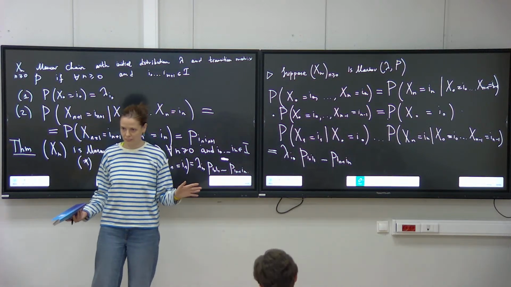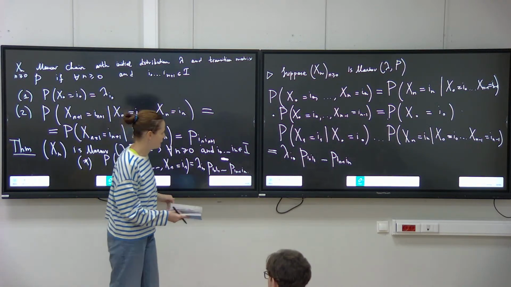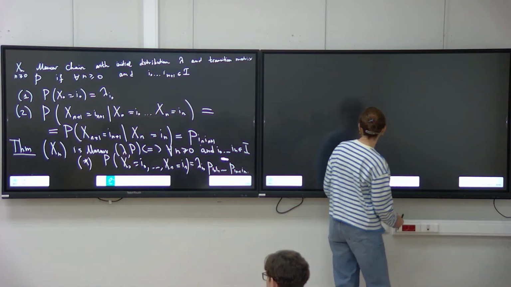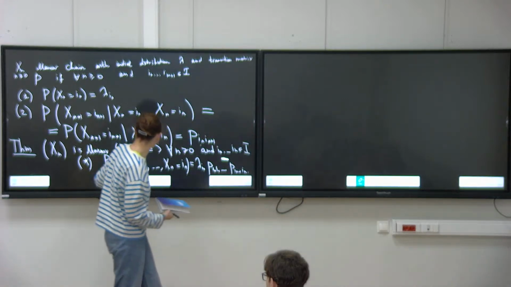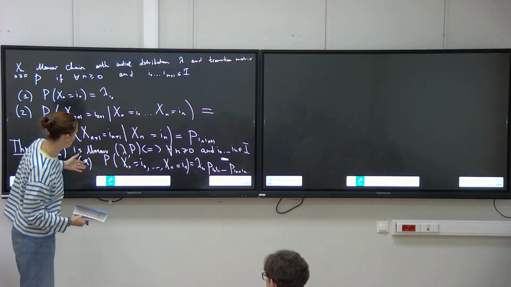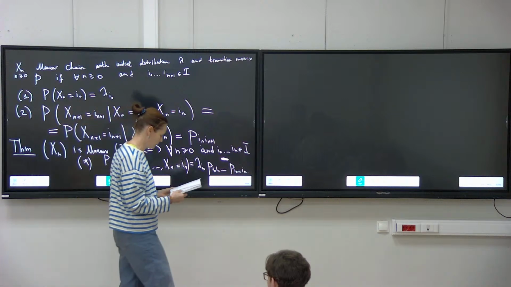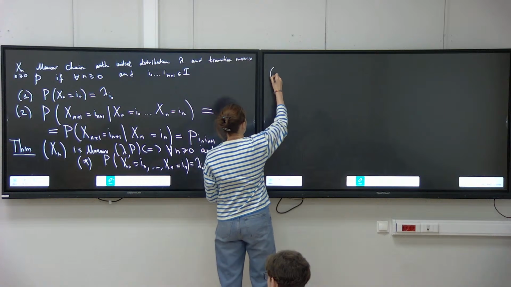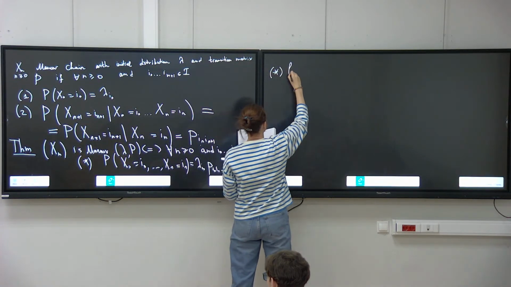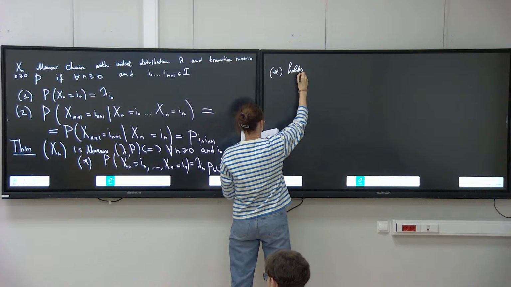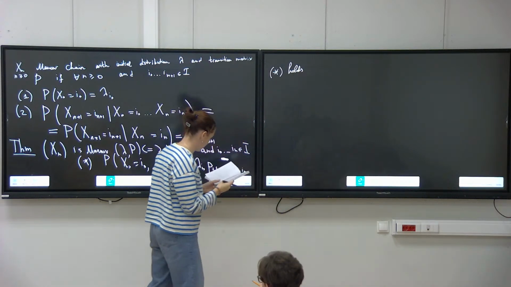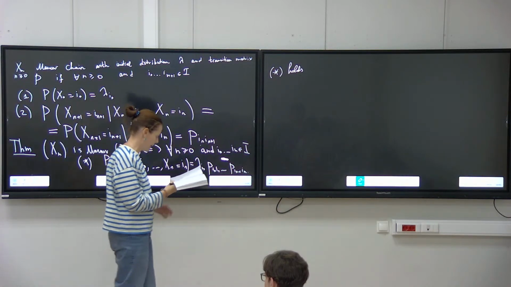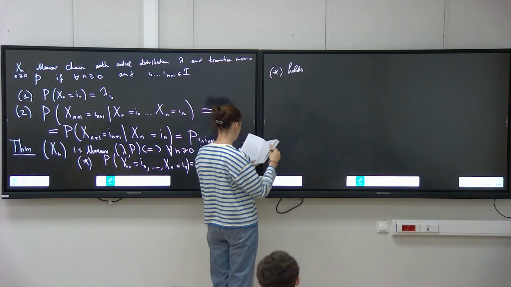Is it clear what we did up to now? Great. Now let's make the same thing in the opposite direction. So I don't want to erase this part because I gotta look at it, so I erased the proof instead. Now we are going in the opposite direction. Assume that the star condition holds. So if it holds, then we can sum it over all the elements I1, etc., In, and then we will see that